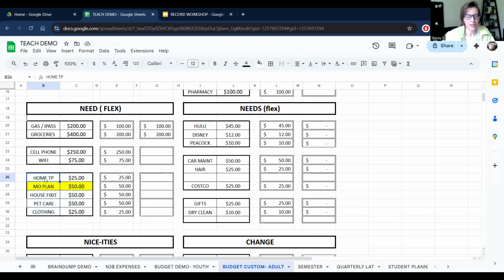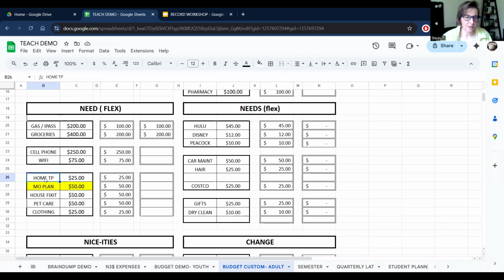So I've got home, as in home TP. That means it's important to separate groceries from home needs, if that's good for you. Home needs is going to be your toilet paper and your detergents and things like that. And you separate that from your groceries and you can then decide, you know what, I've got enough toilet paper this month, so I really need to buy some more detergent. And it just helps you constantly make decisions about what's a priority and what isn't.